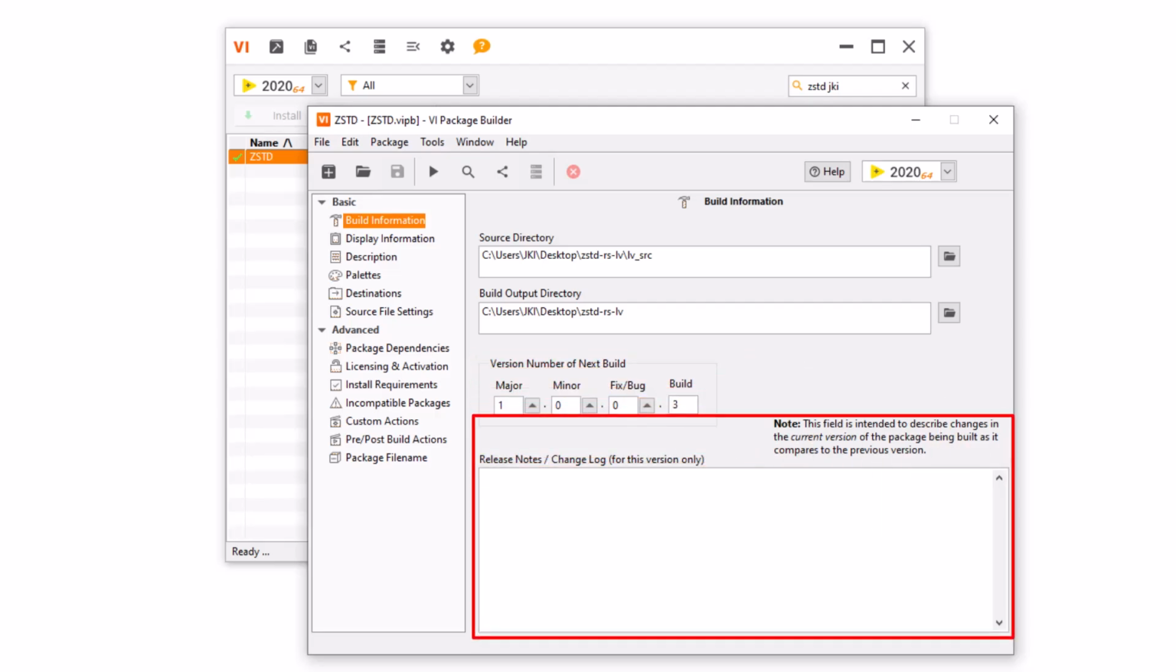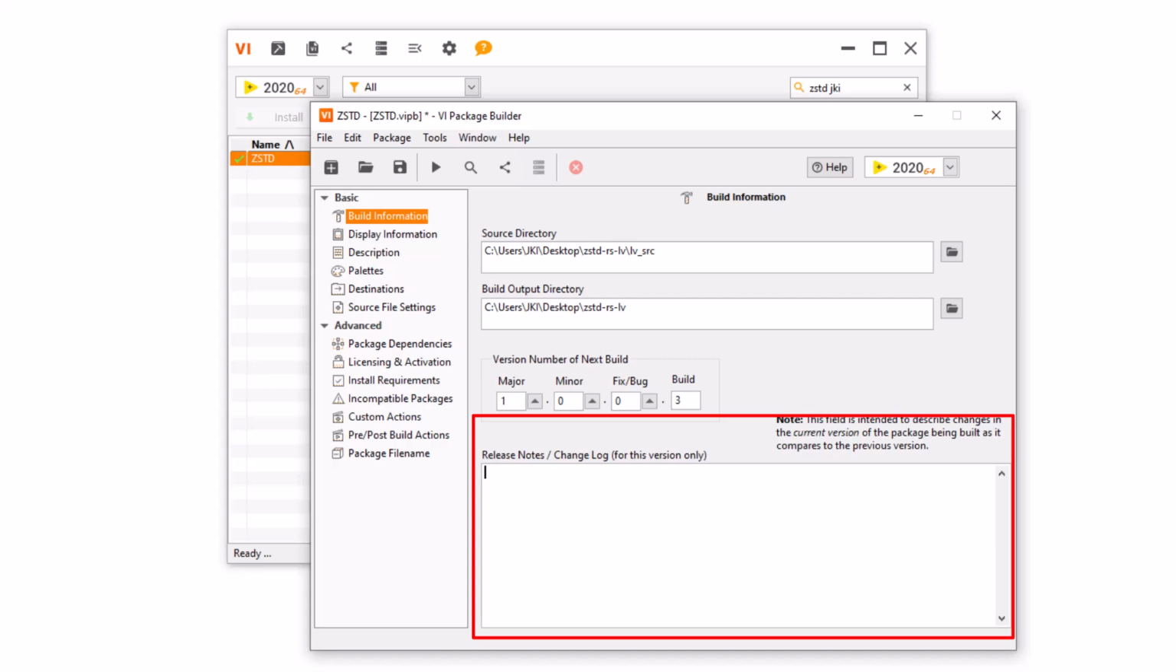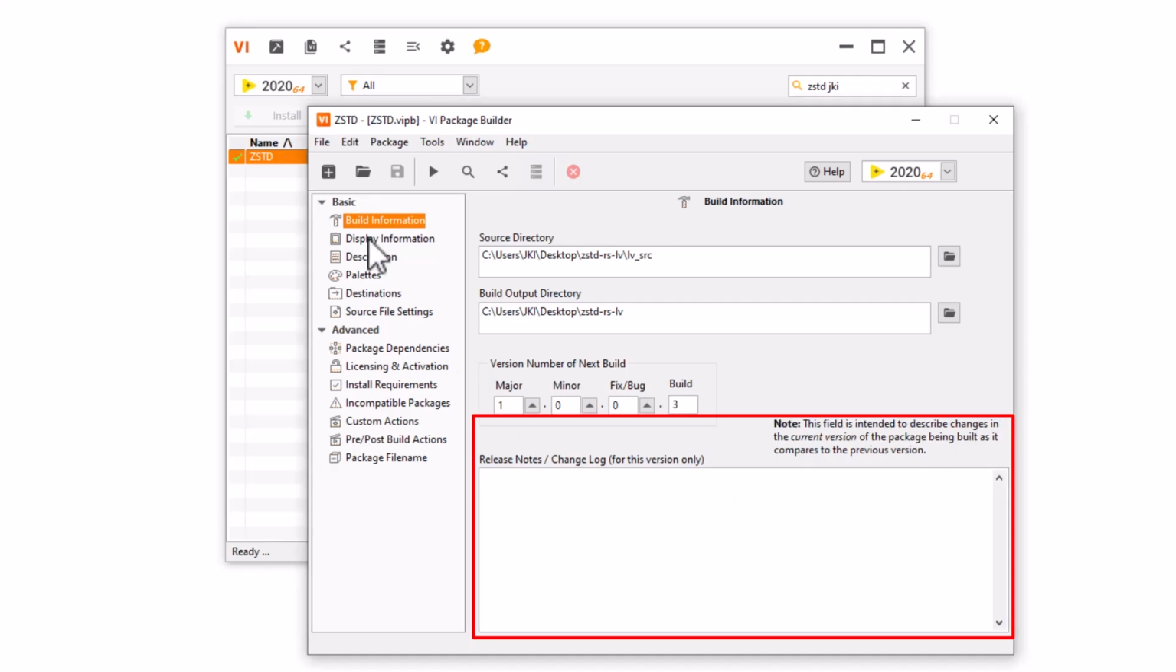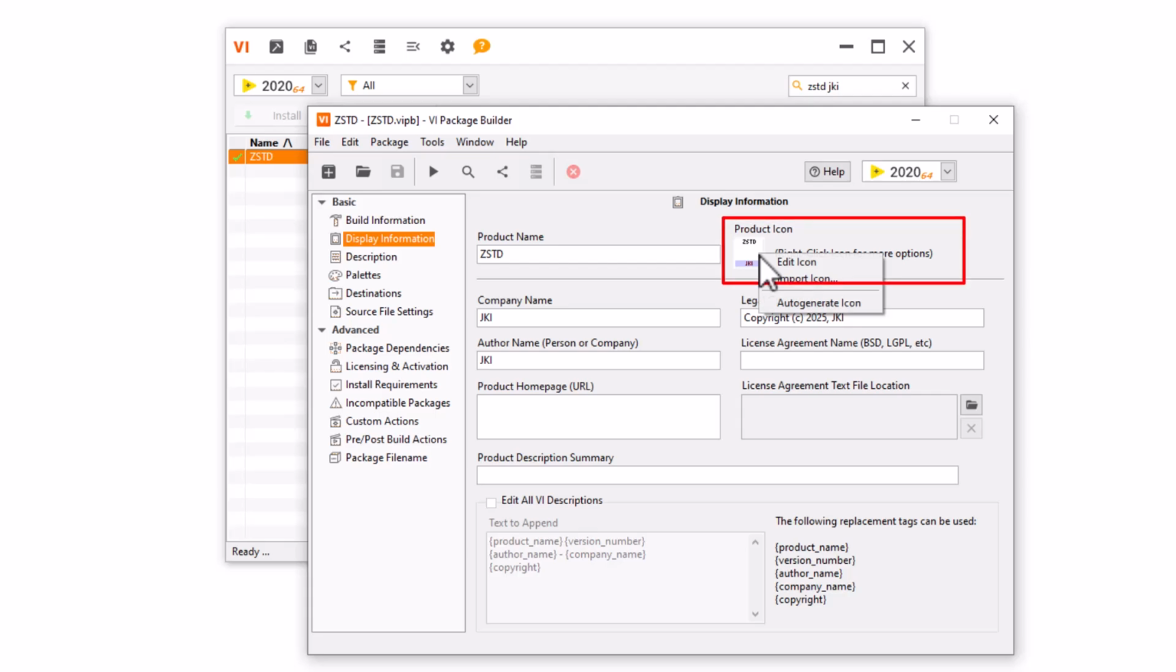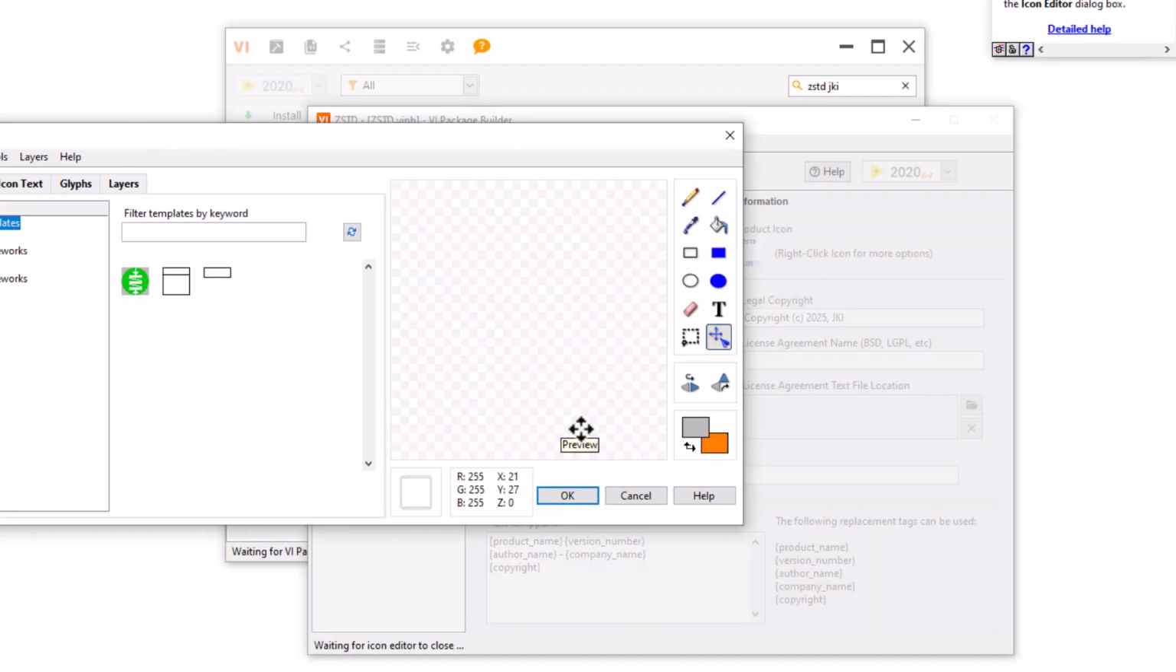Lastly on this page we have release notes, and these are the release notes for this specific release, so only type up what's changed. In this case it's also the initial release, so I'll copy in a summary of the entire toolkit. On display information, let's update the icon, and this icon will be used for the main product overview,